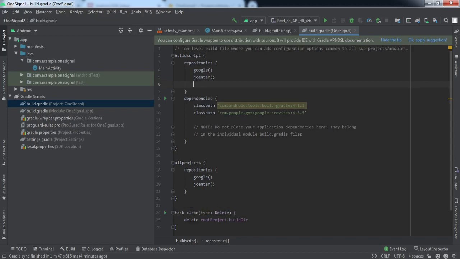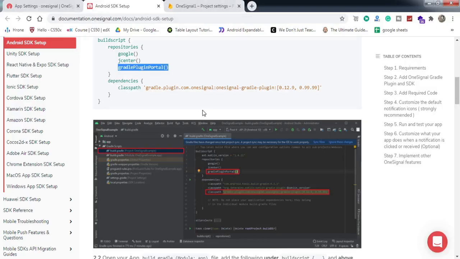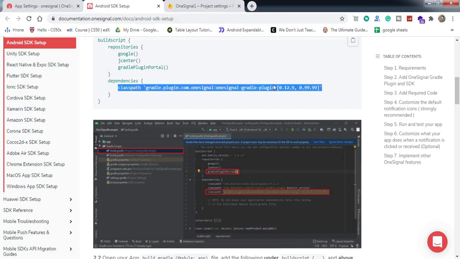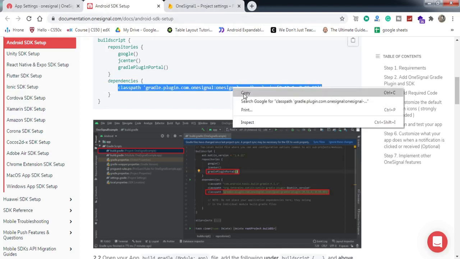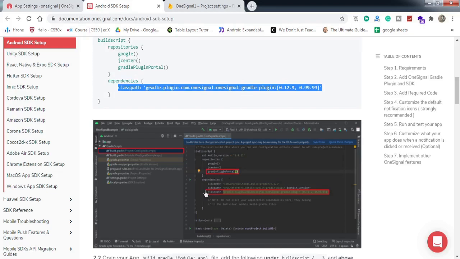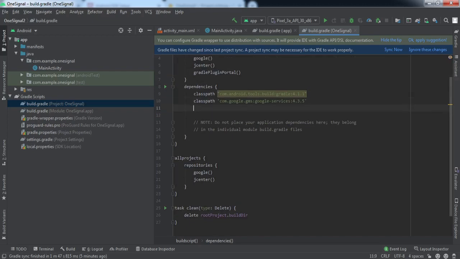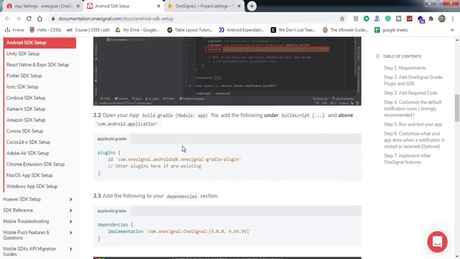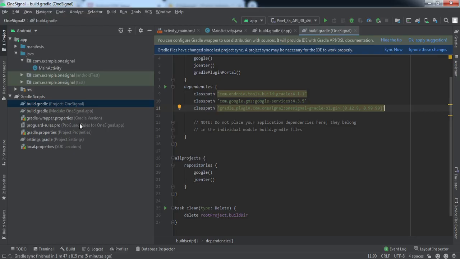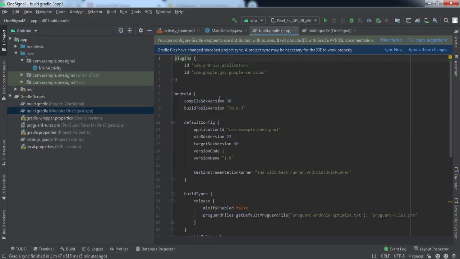I'll just paste it here. And now we need to add this class path under this dependencies, right? Here I'll just paste this. And after that it is saying just go to build.gradle app level, right?